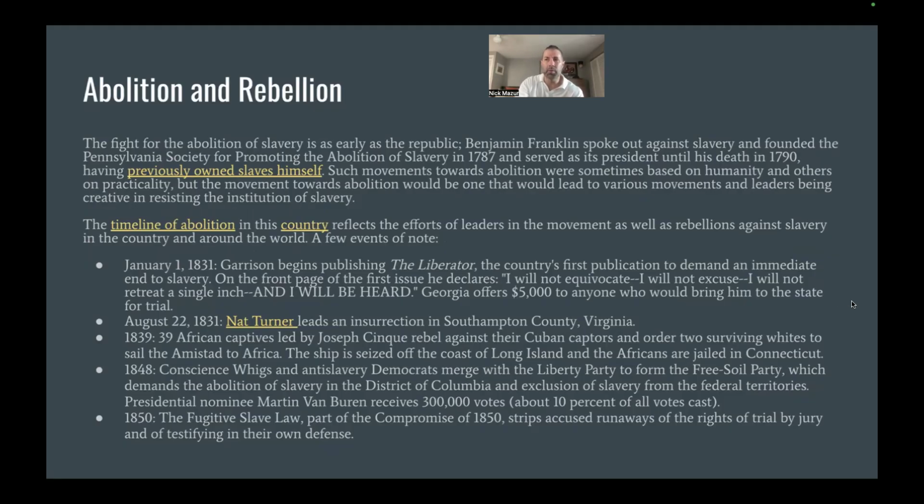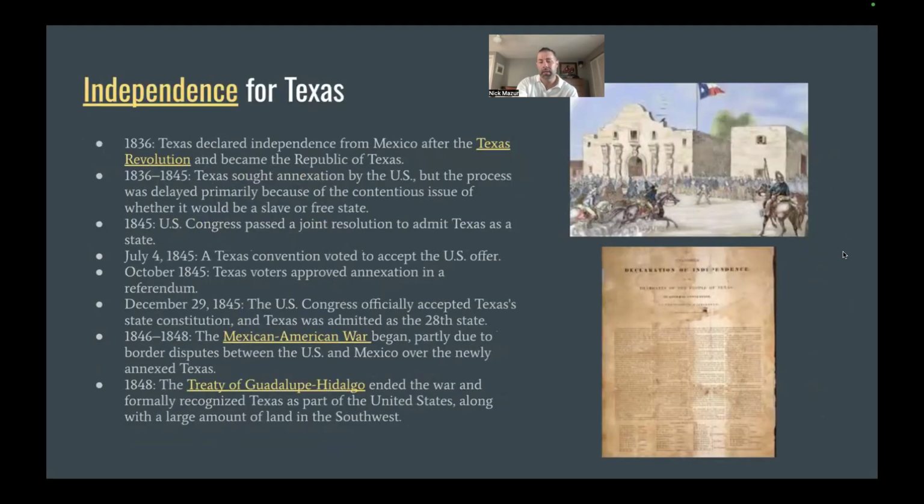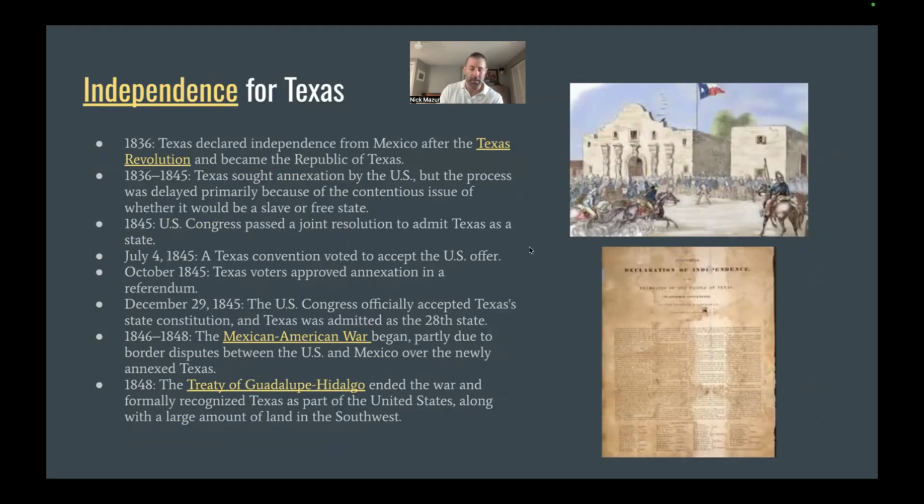So really it's always boiling down to opportunities of economics that really is guiding people in terms of whether or not slavery is going to expand and continue. It's not on any real moral grounds. Finally, because what we will talk about in the next lecture is going to be the Mexican-American War,